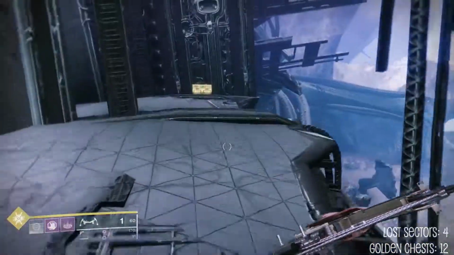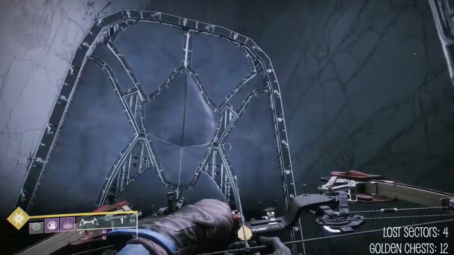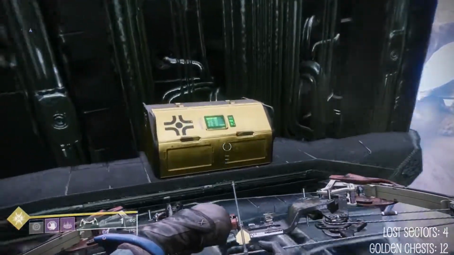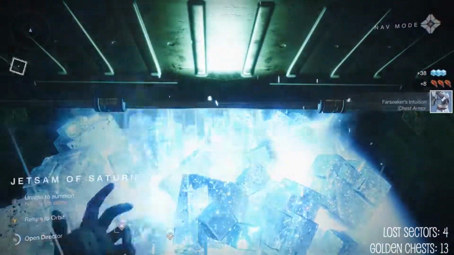Basically, jumping puzzles. If you've been through the Dreaming City, you'll probably notice that there are jumping puzzles that you have to be Ascendant for, which are a pain in the butt to do. I think I'm missing like 1 or 2 more chests for that, but